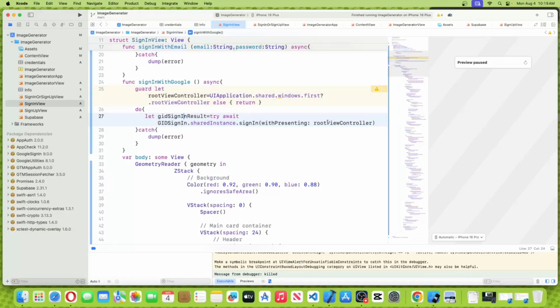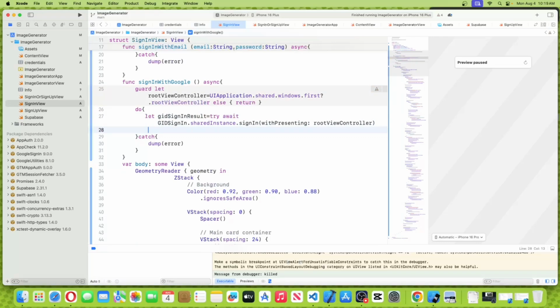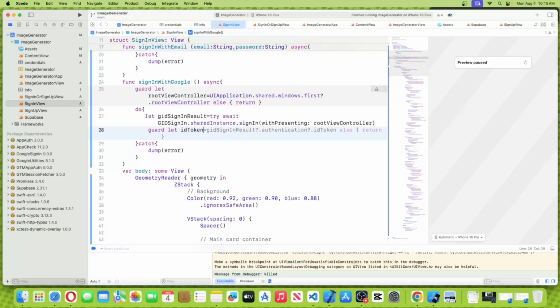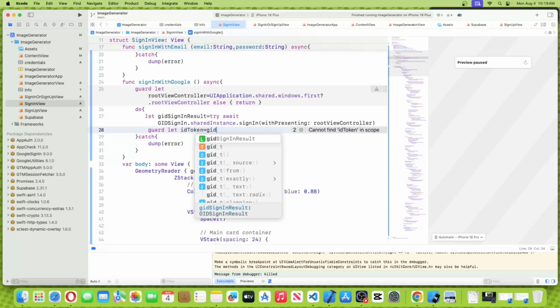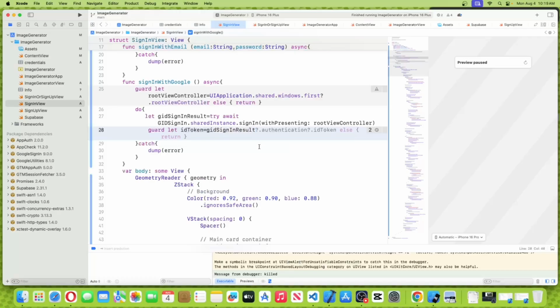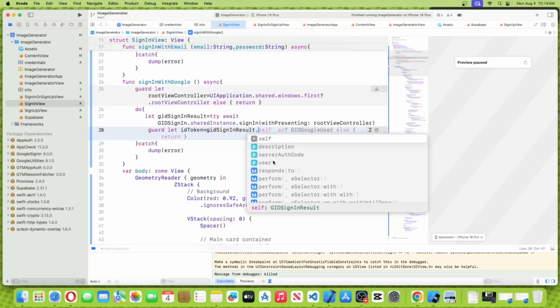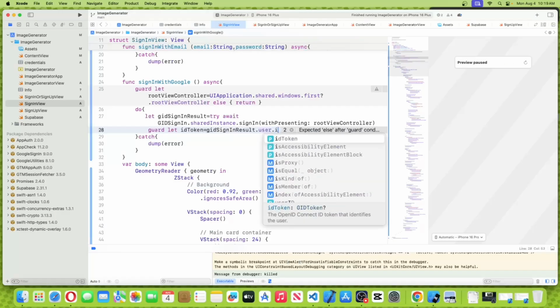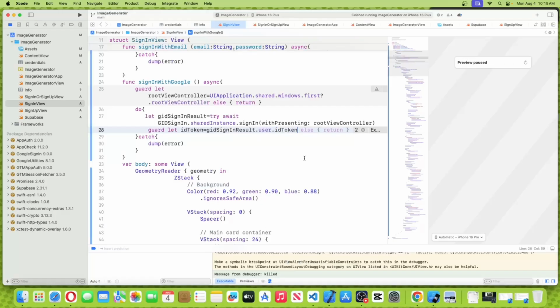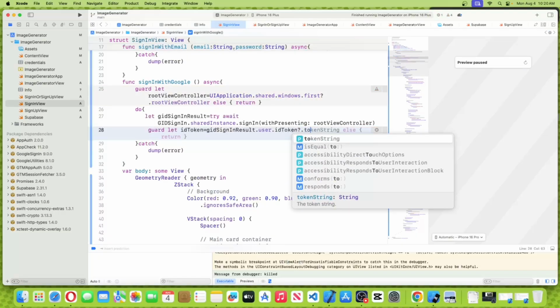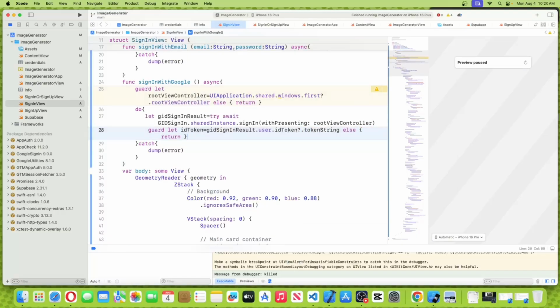We get the user ID token. With this, we can just say let idToken, which is equal to signInResult.user.idToken, and tokenString, else return,